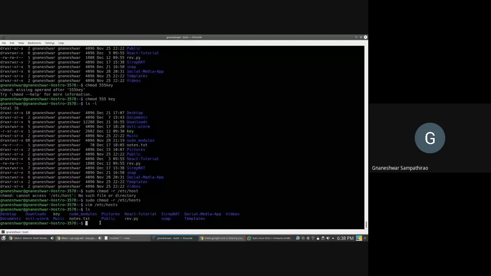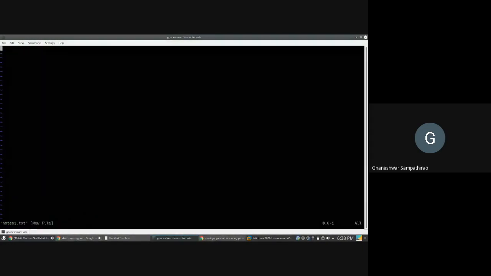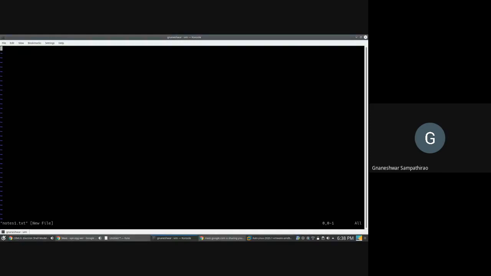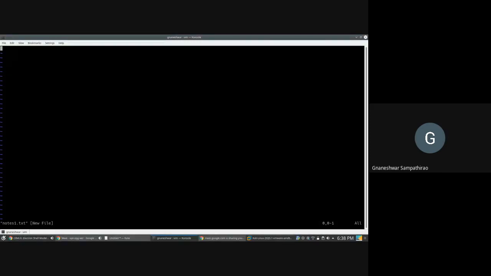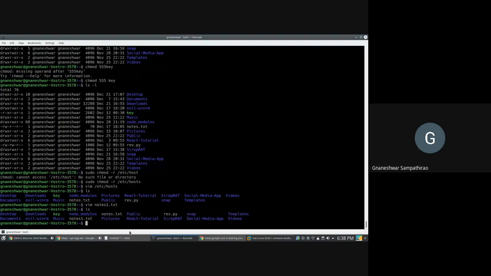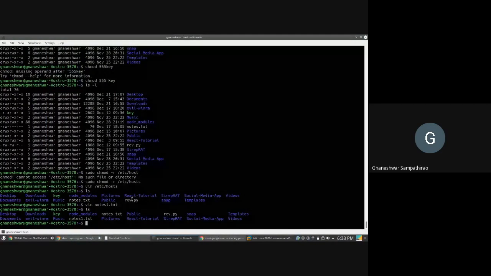So we can use this Vim command, and when you execute the Vim command on a file which is not present in that particular directory, then this Vim command would be creating it. So let me do some changes and save it. Then if you see, you can even find this notes1.txt. So it is just creating it.